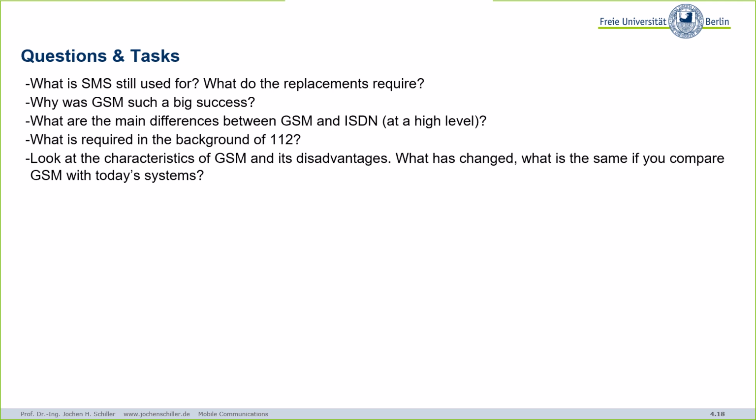There you actually code the position over the voice channel, for example, and send this over to a center that then translates this position into something the firefighters can use and forwards the emergency calls to the appropriate emergency center. So we have, I think, in Germany, 2 of these centers that collect these emergency calls, perform this localization, and then forward the calls to the appropriate emergency center. So that's one thing you can do.